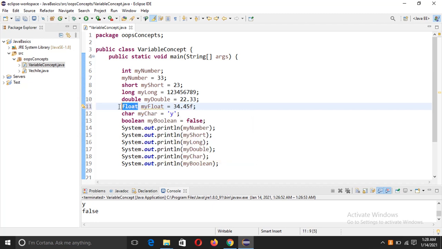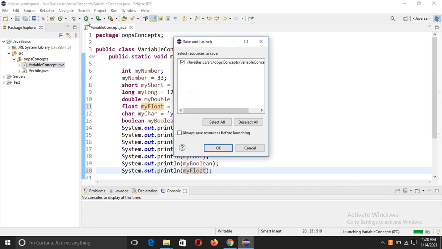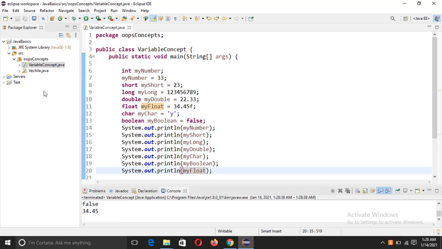We are just separating this value from double by using the letter f at the end of the value. Okay, now let's run this. Click on OK. Now you got the output 34.45 as a float value.